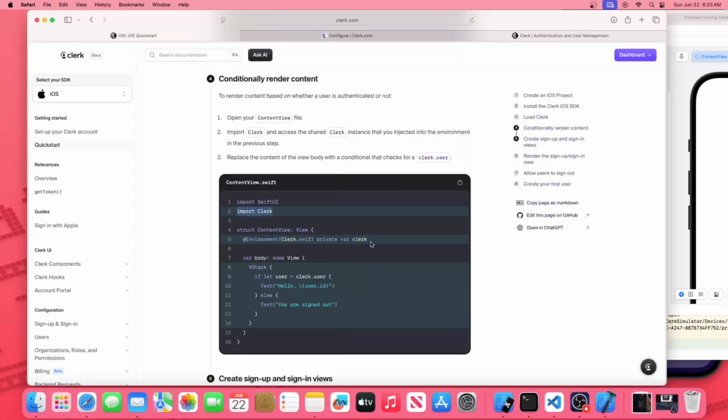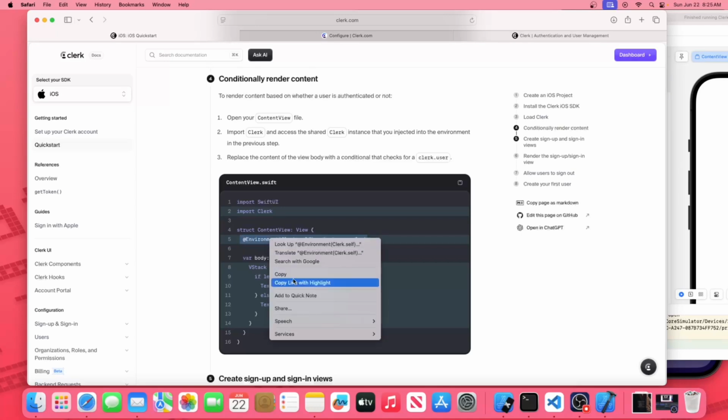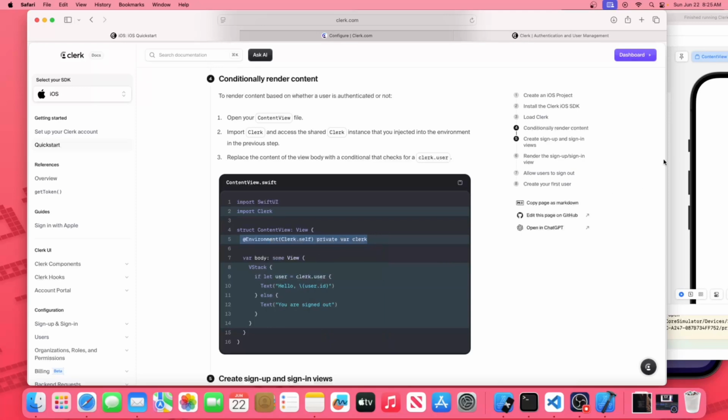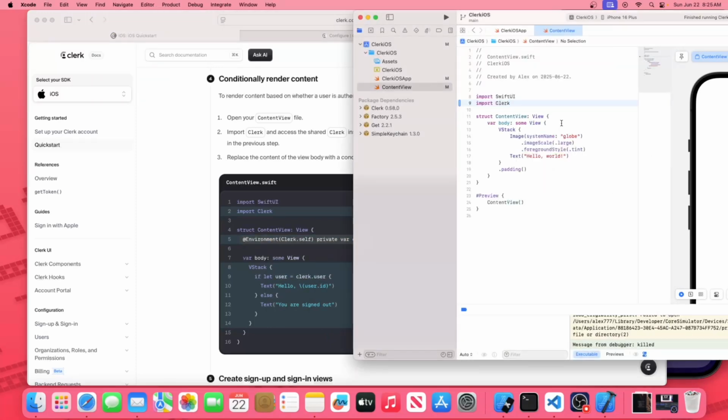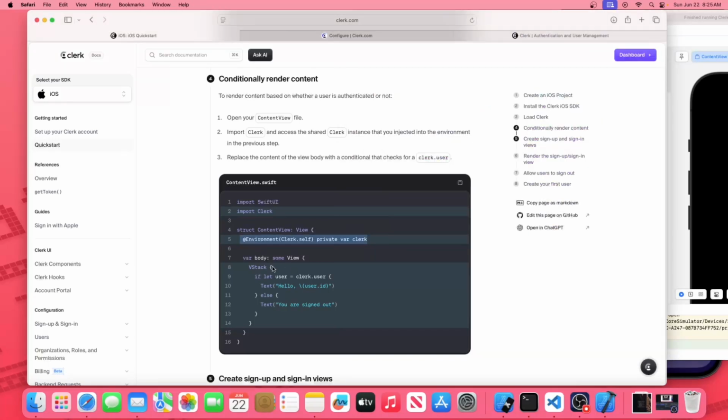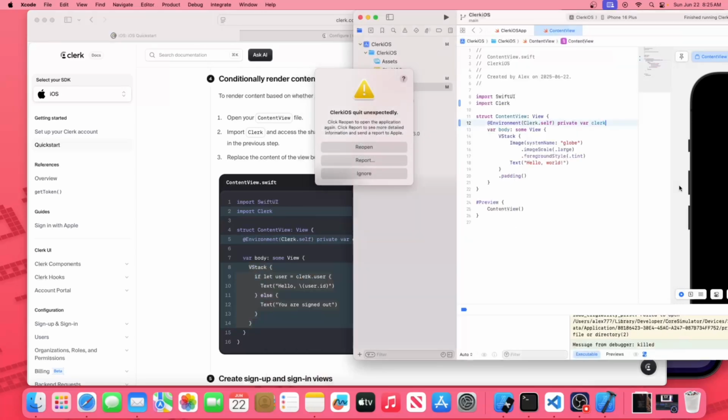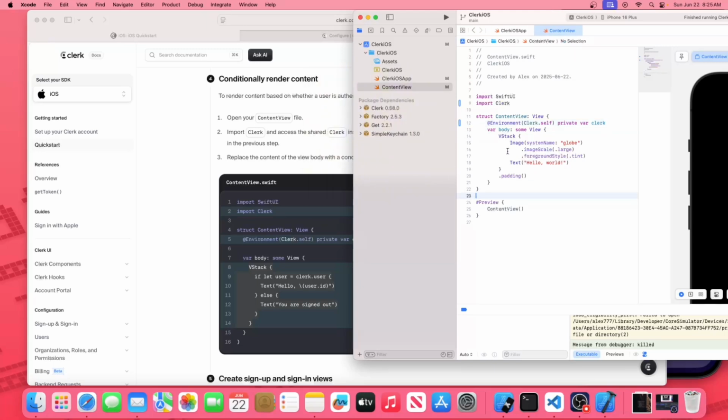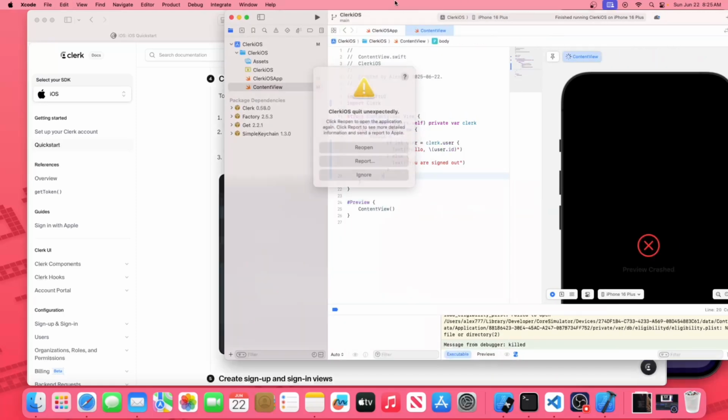And let's see. We have an environment variable which is passed by the application. And in this VStack we conditionally render the